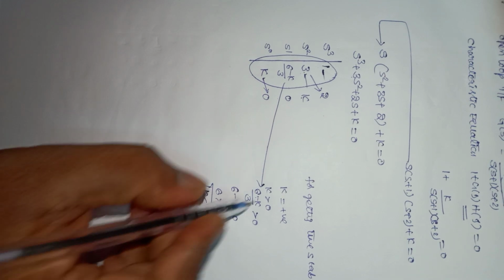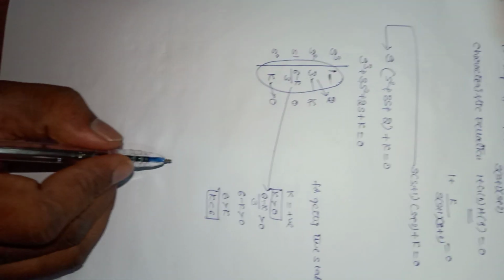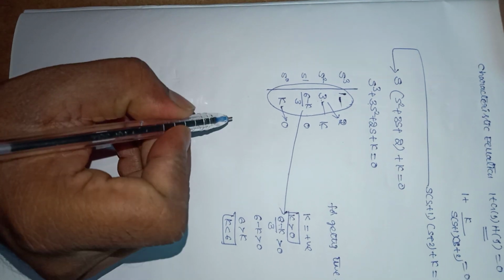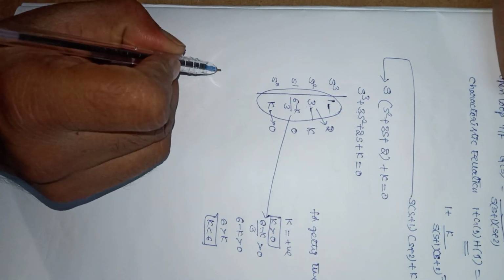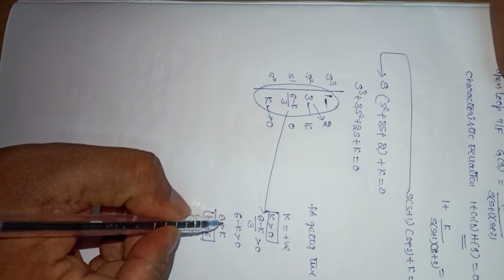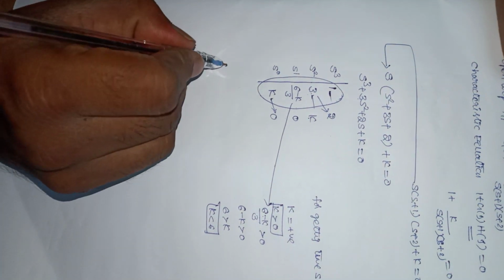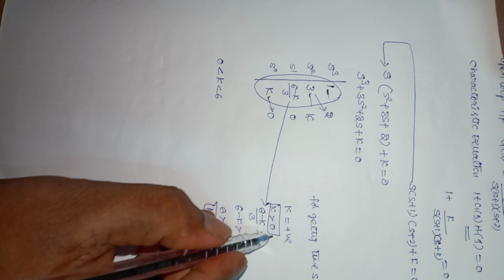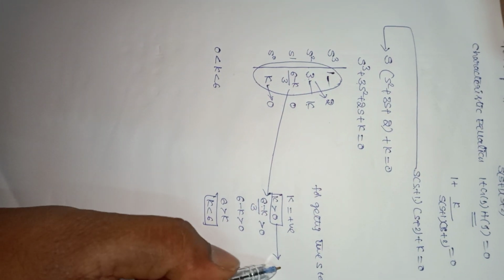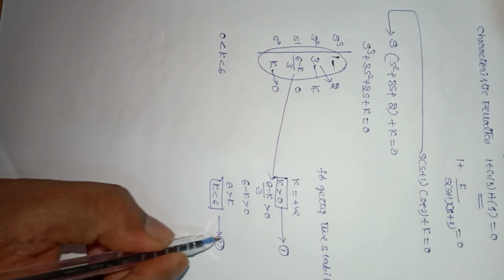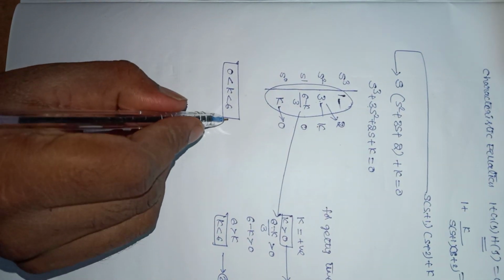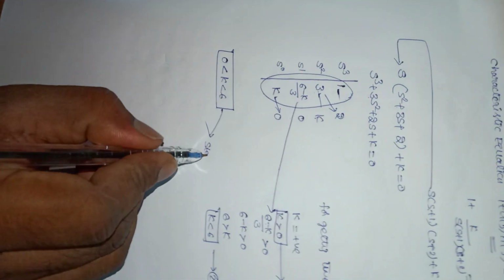So this is one condition. Here this is the another condition. So the range of K for which the system is stable is 0 less than K less than 6. From these two equations, this is 1 and it is 2. From these two we can get the condition for getting the stability. For stability,